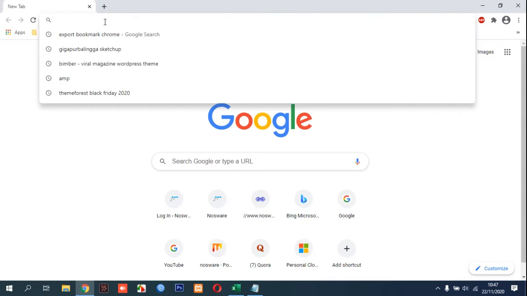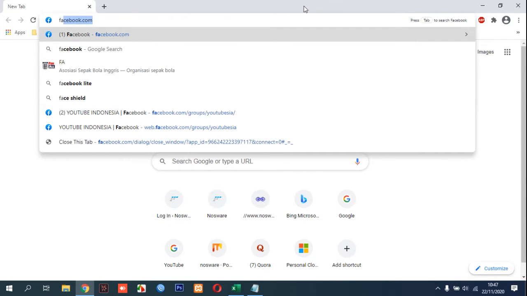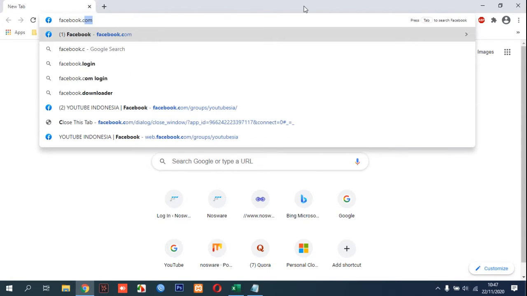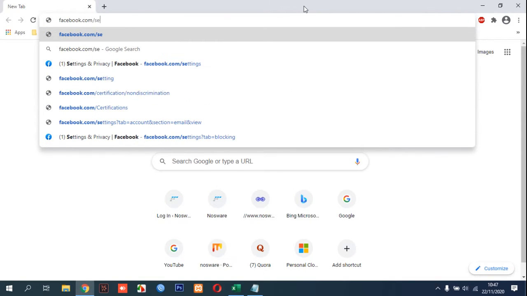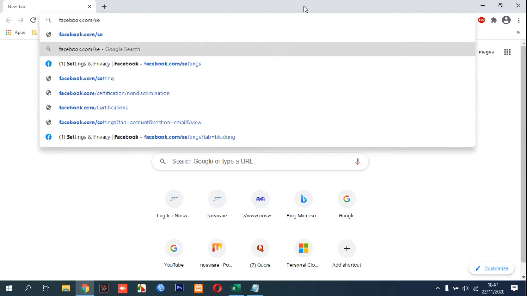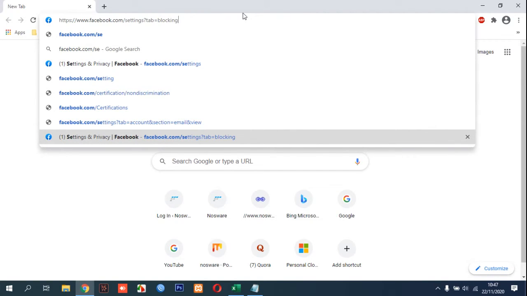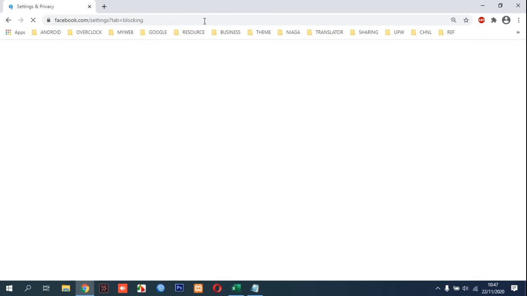First, you can open your facebook.com/settings and use this tab, Blocking. You can open these URLs. I put the link in the description if you want to use the blocking and unblocking settings in Facebook. You can just use this link. You can hit enter